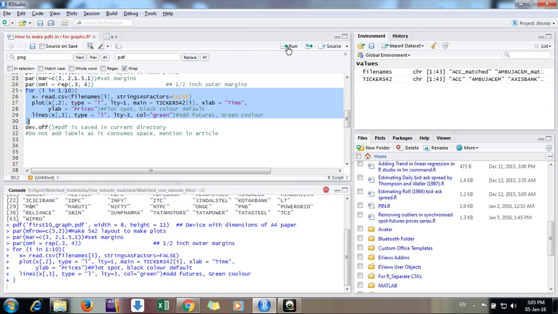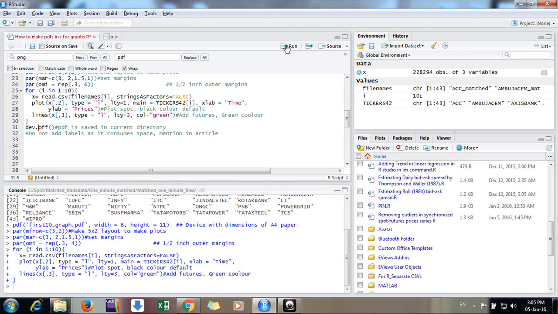It may take some time because it's 1 minute data for 10 firms, so some 5 seconds may be required. And then I will put it off by dev.off, and this file will go to the current working directory that I have set.